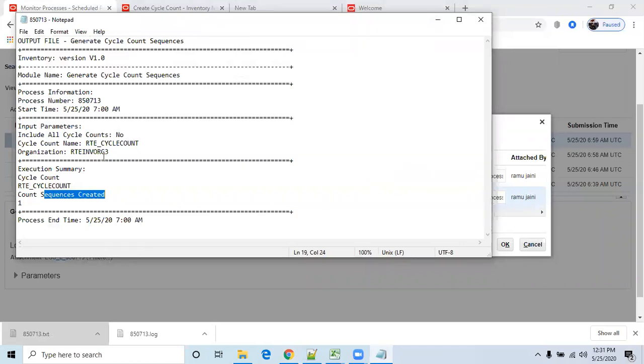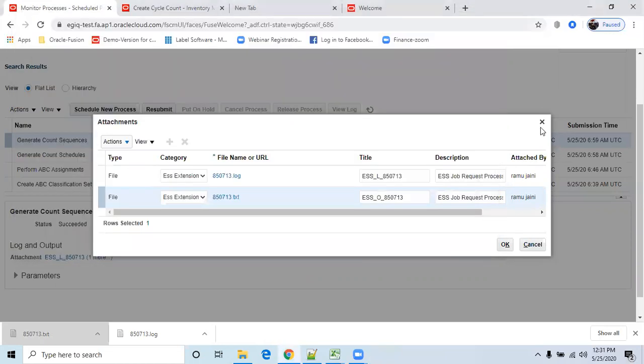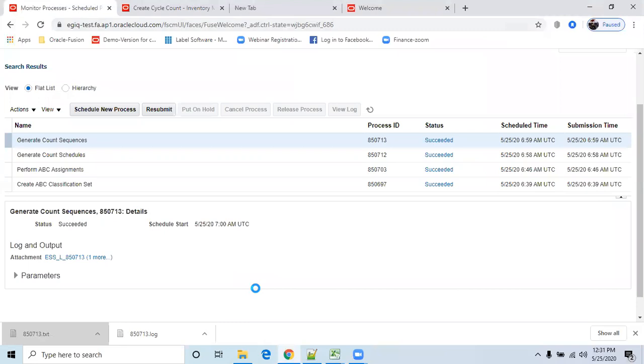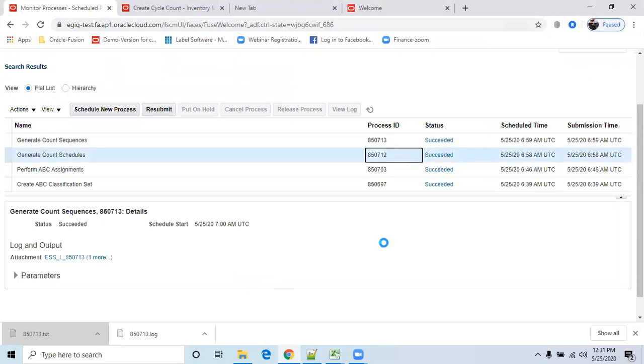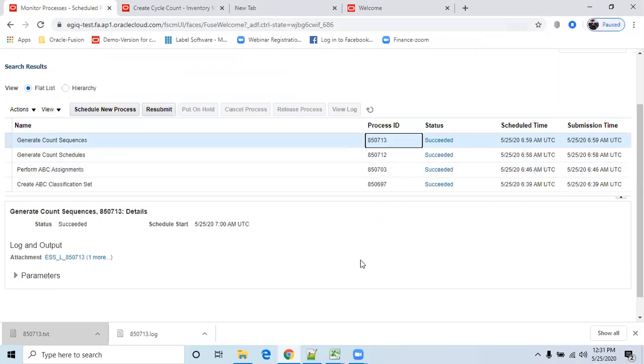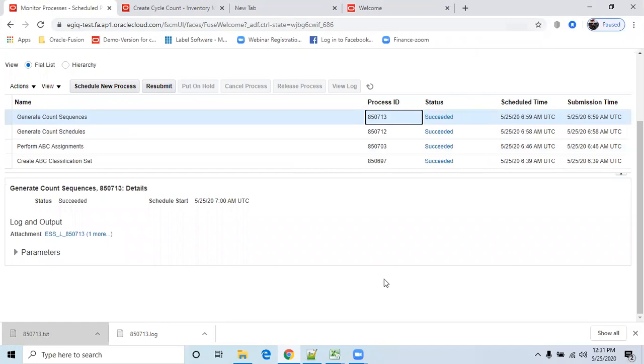That's all. Here it will give only whether the count sequence has been created or not. So I think we will have a report as well. It will open. I think here it has to come.